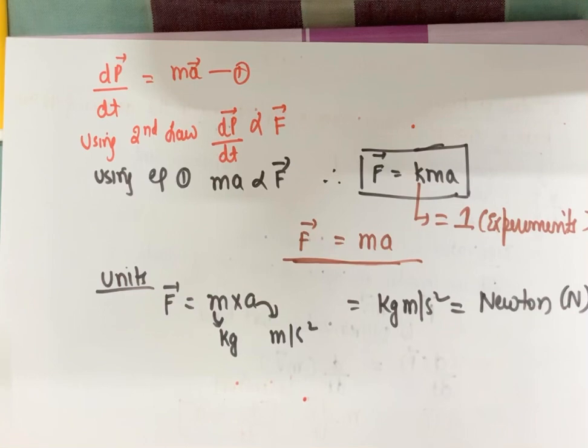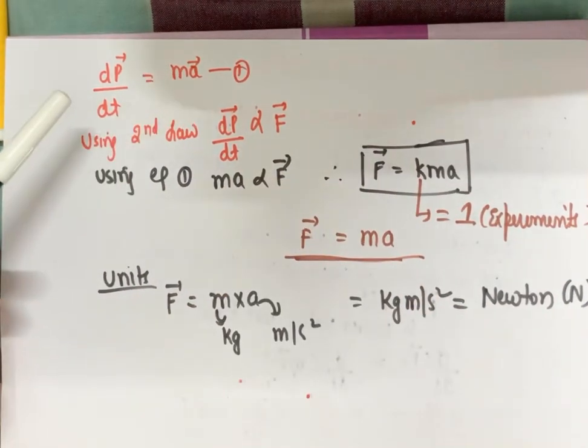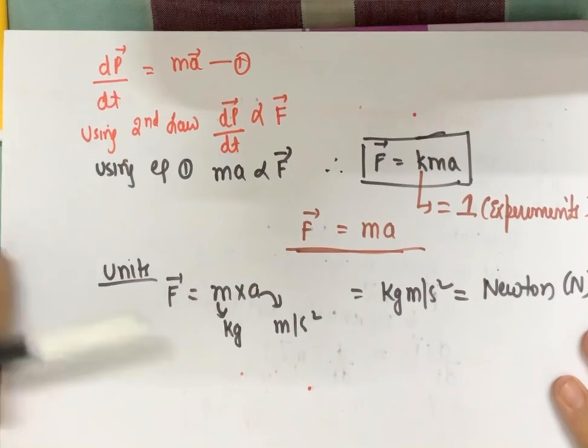Now tell me one thing, is force a vector quantity or a scalar quantity? It's a vector quantity. We know it's a vector quantity because acceleration is a vector, and when we multiply a vector by a scalar, we get a vector. Now one more thing,